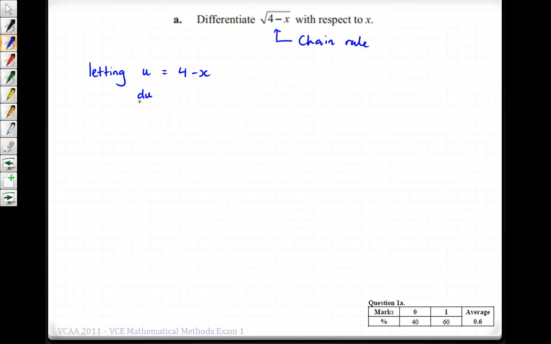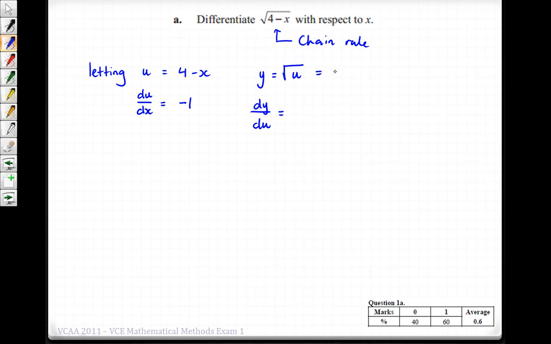Therefore, du/dx, the derivative of u with respect to x, is given by -1. So our outer function then is going to be the square root of u. So we're going to let that equal y. So then dy/du is going to be given by,